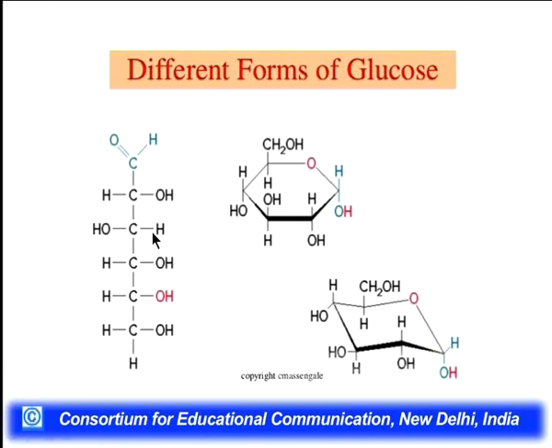When we see the different forms in which glucose can be represented, there is the open chain form, which we have already discussed in my previous lecture. Today we shall be discussing the cyclic structure of glucose and how it is formed, and then the representation of the cyclic structure in Haworth form, which is the planar representation of the cyclic structure, and then the chair conformation of glucose, which is the more realistic representation for glucose.